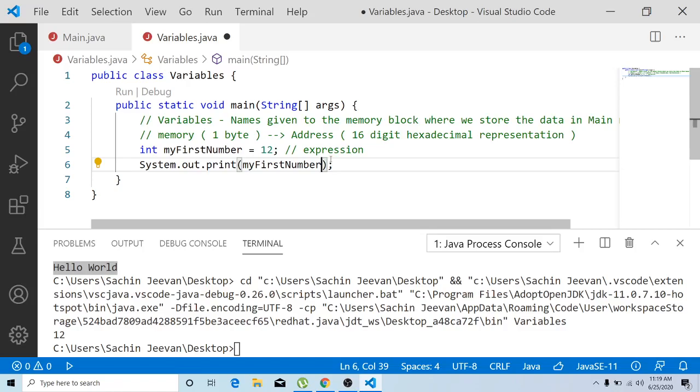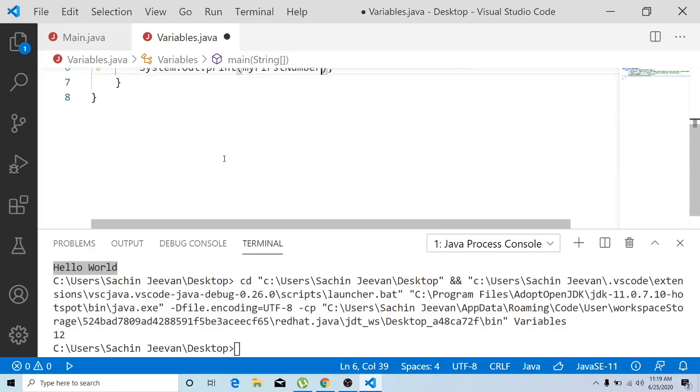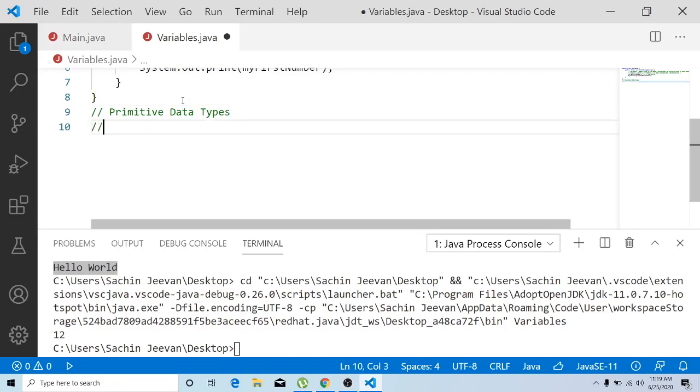Okay, fine. In the upcoming section, we will be looking into the very important primitive data types that exist in Java. Let me make a clear list of all the primitive data types available, and then we will start looking into the data types one after the other. So, primitive data types. The very first important primitive data type is integer. The second is the Boolean data type. The next one is byte.